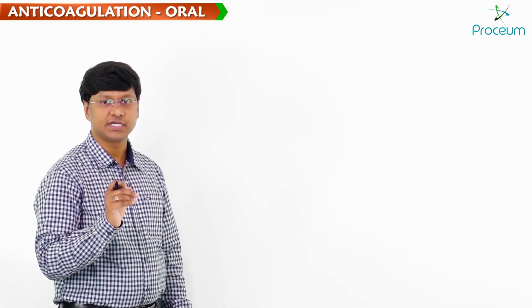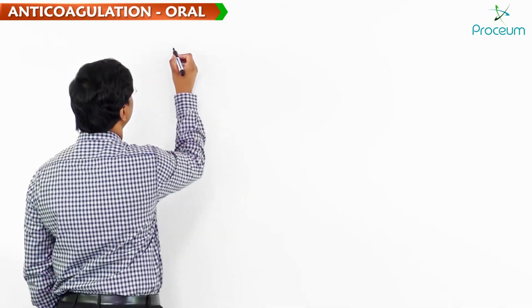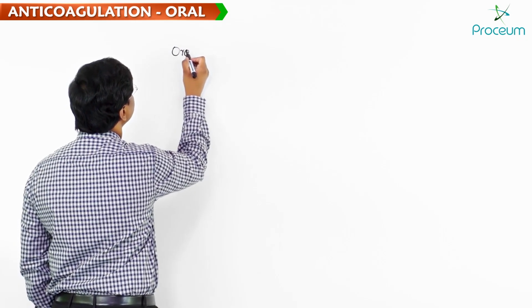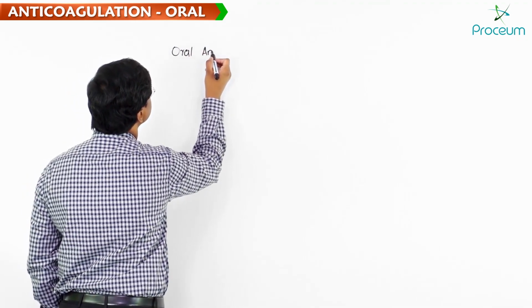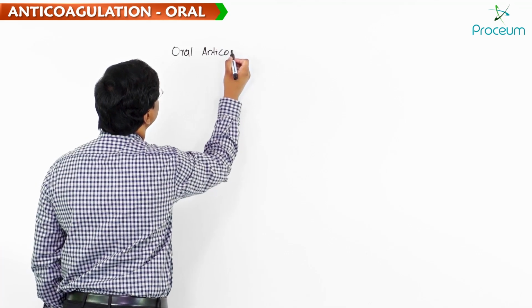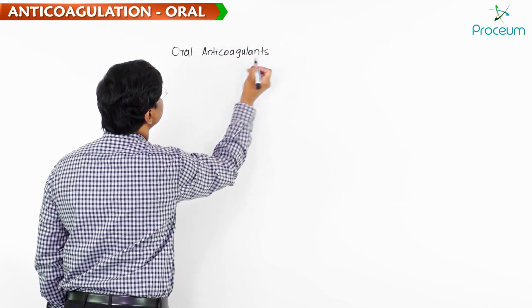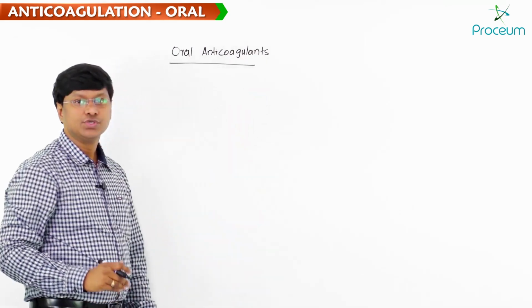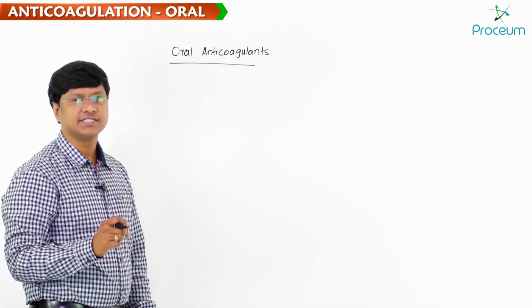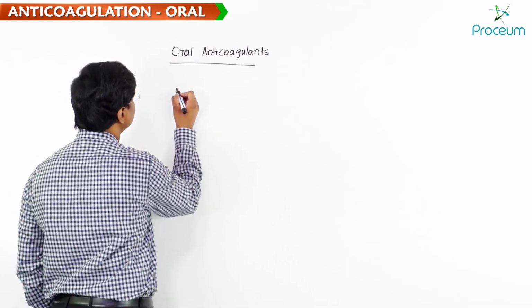Let me discuss first about the oral anticoagulants. Let me have a detailed discussion of the oral anticoagulants. If you take the examples of this particular group, the drugs in this group include number 1,